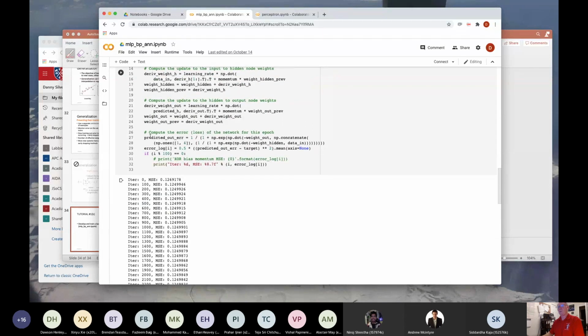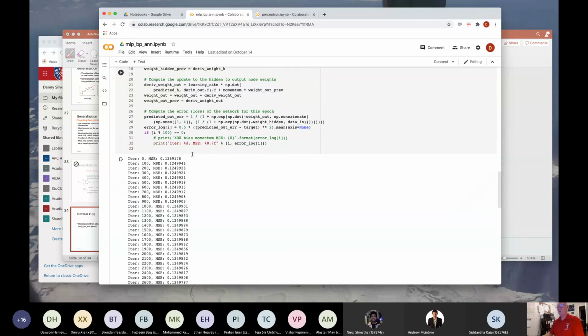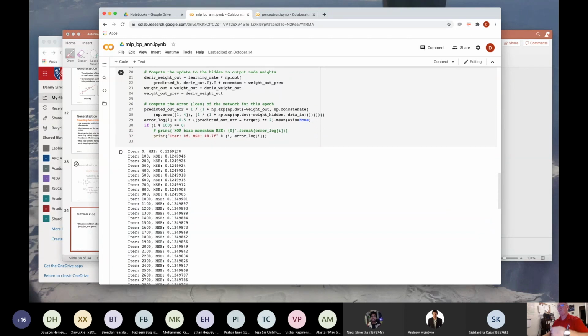And the last thing we do is compute the error of the network on all of our training data and retain that error in our log so that we can print it out. We also dump out a sense of how well we're doing. Actually, I'm not printing it out every iteration. The little if statement here checks to see if we've gone through it 100 times, and then after 100 times it prints it out, and then 200, and then 300. So that's what this bit of logic will do.